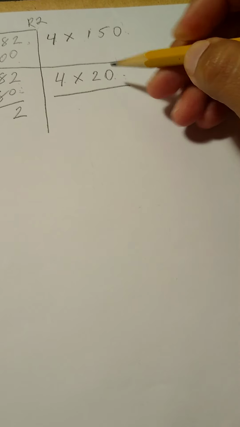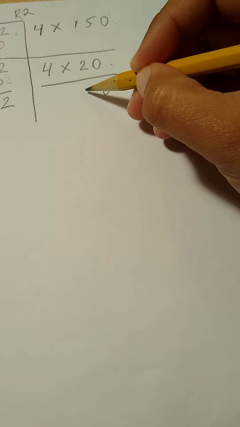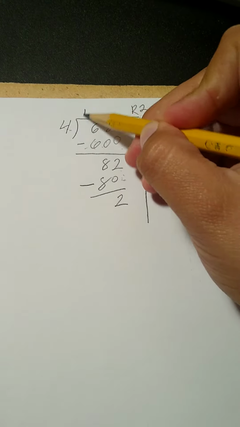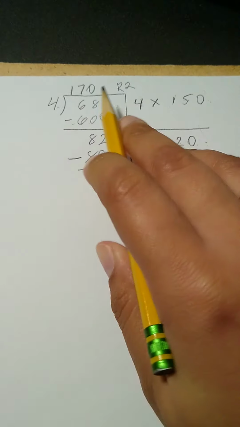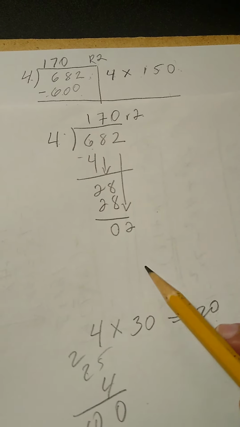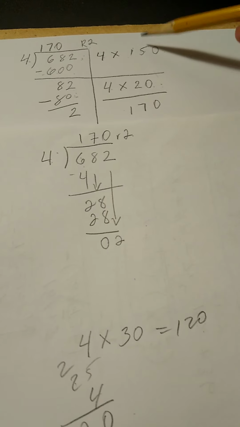So 0 plus 0 is 0. 5 plus 2 is 7. And 1. So the answer is 170 remainder 2. The same exact way we did it old school, but this time they're trying to solve